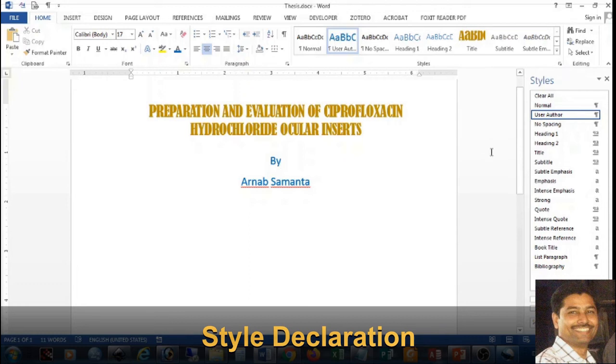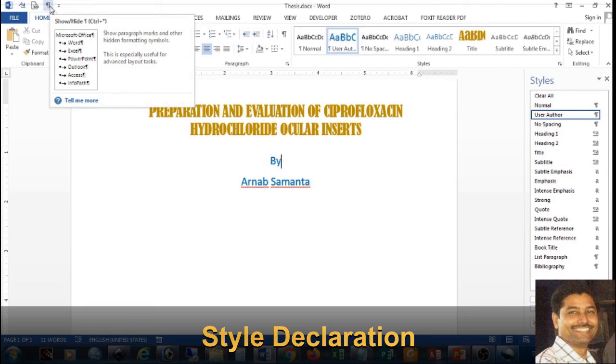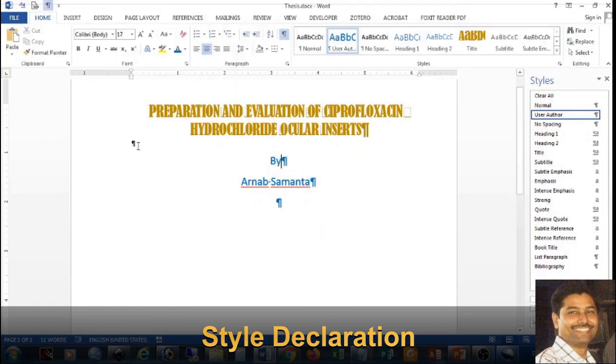Now let us see a useful feature of Word. So here you see one inverted pi type of or p type of thing is there. So this one if you press, immediately you will see some symbols are coming here. Now don't get afraid. So these symbols are nothing. If you press enter, you see new signs are coming. In Word terms, we call it that new paragraphs are created. If you press the space key, then you will see dots will come. If I press a tab, then this type of arrow will come.